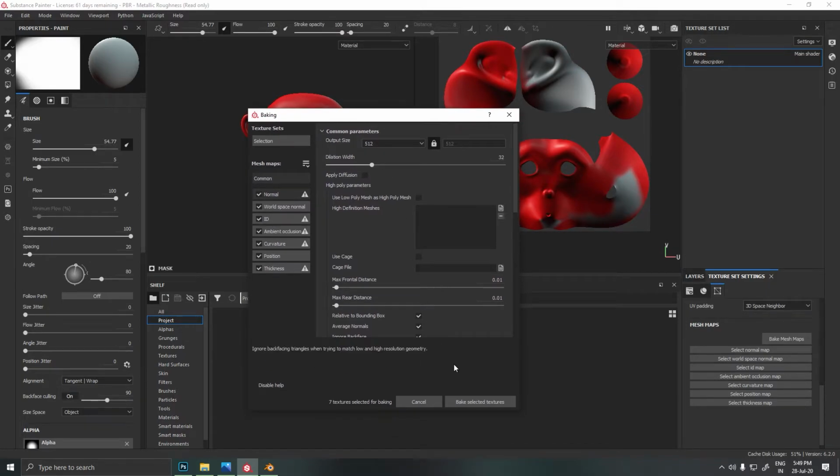If I have multiple objects, like 2 or 3 layers, there will be an option at the bottom which will let you bake a single selected object, multiples, or all the textures at the same time.